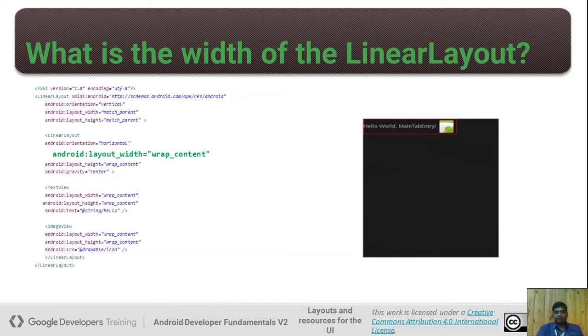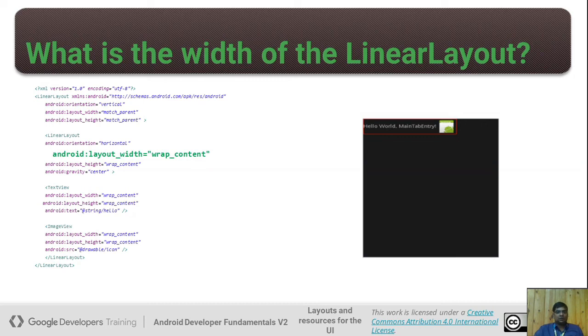How to set the width of any component in a linear layout, and what is the difference between match parent and wrap content? Match parent means the parent is your screen. If you have an Android TV, then that is the parent, and if you have a small Android phone, then the size of that screen is the parent.